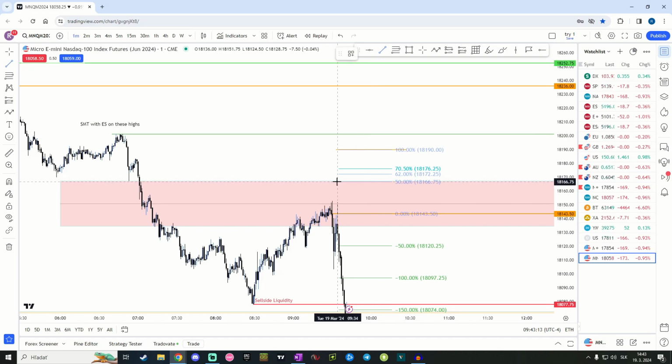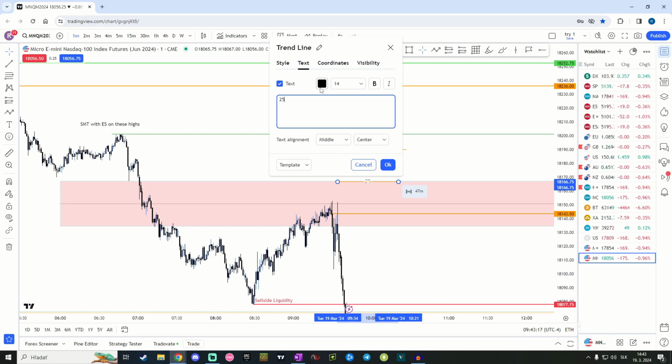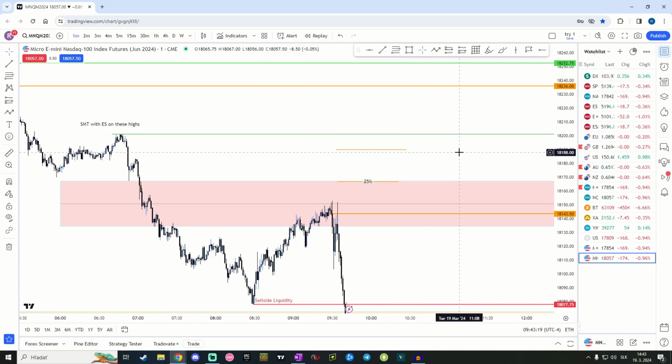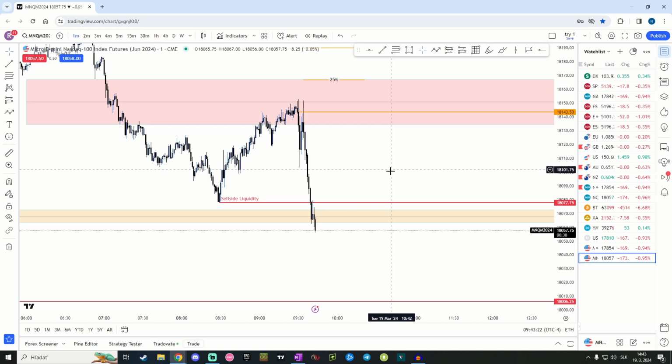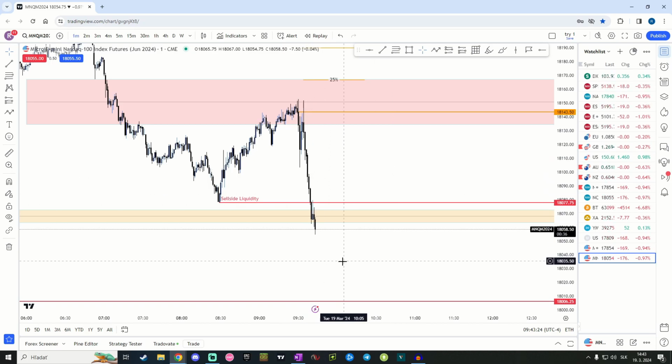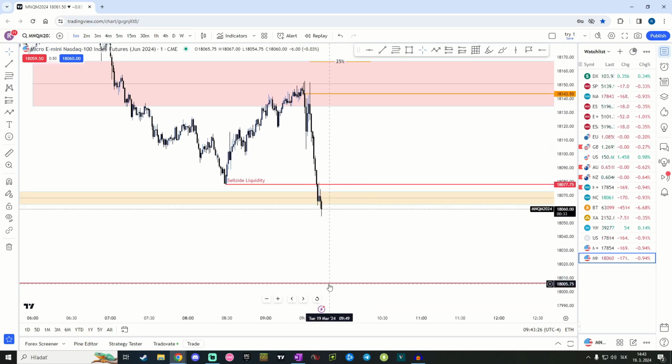Which is also the high of this 1 hour fair value gap. So now we have even more of a SMT, but I think the market is just going down towards this sell side liquidity now